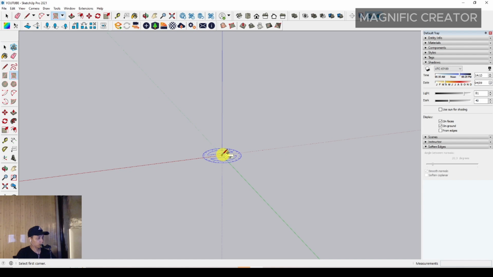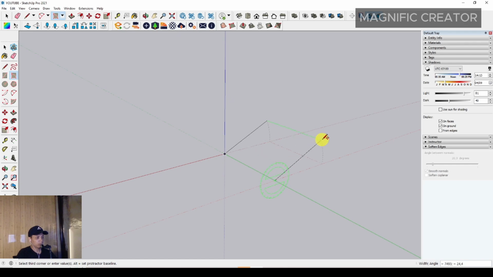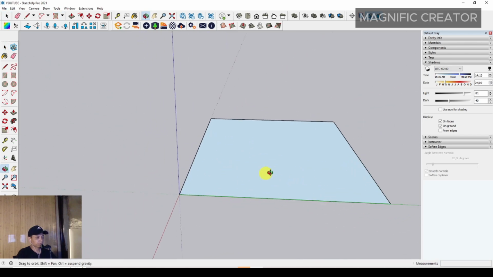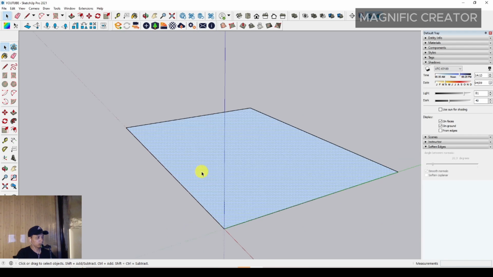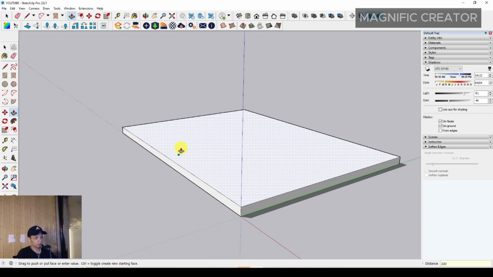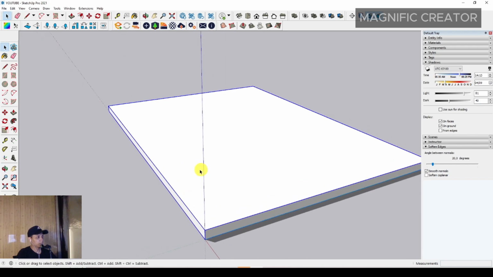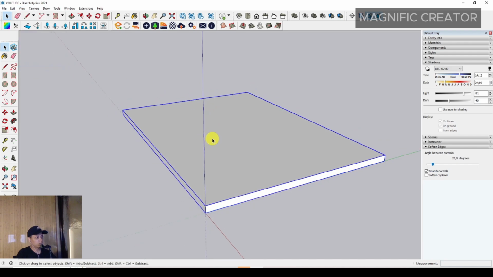We can set the width around 9,000 millimeter. Then we can drag to the back around 12,000 millimeter. Okay, and then we can push it up just a little bit, around 300 millimeter, and we can make it a group, and maybe we can deactivate the shadow temporarily. Okay,